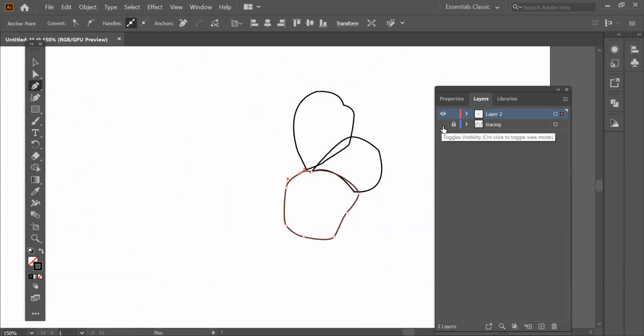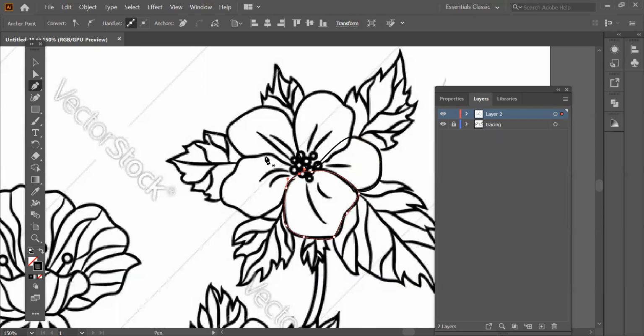Let's look. This is how our three petals are looking. Don't worry, when we fill the color, it's going to be better. I'm just going to put one drop. And I'm just going to break it.